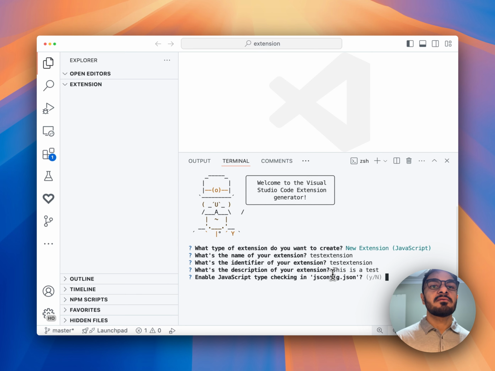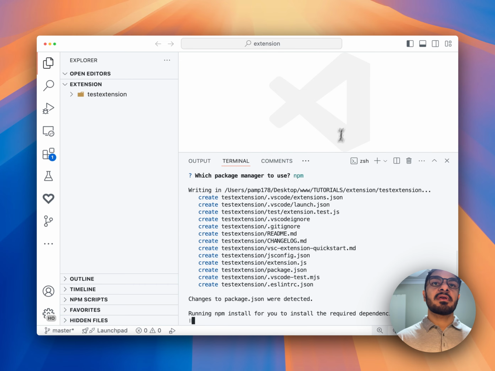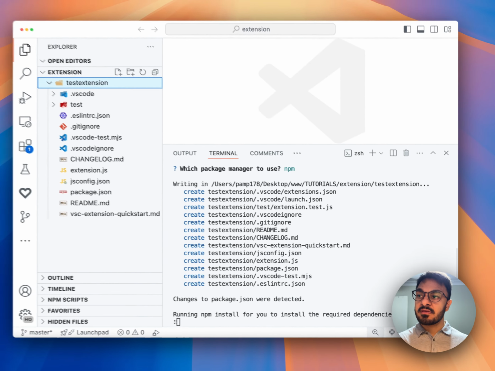And then, do I want to enable JavaScript type checking in my jsconfig.json? Yes. And do I want to initialize git? Yes. And which package manager do I want to use? NPM. Okay. After doing that, it will be generating my dependencies, but we can already have a look at the